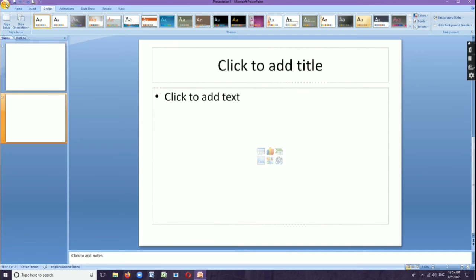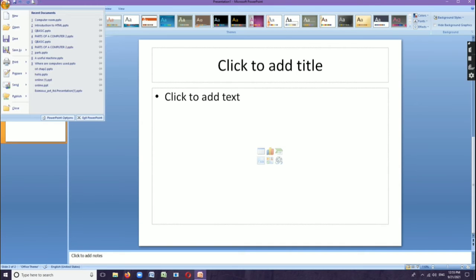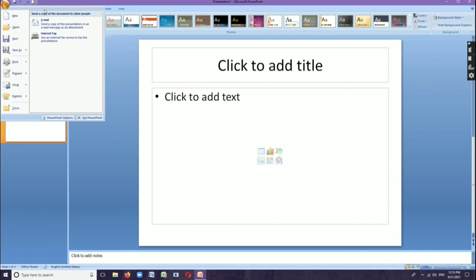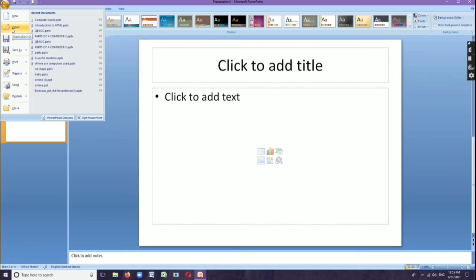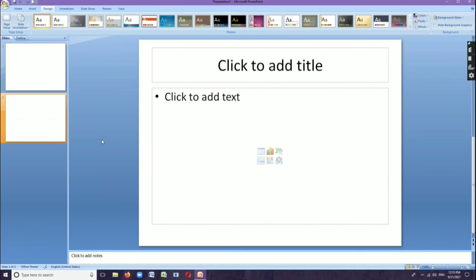Next, we are going to discuss the File tab. The File tab is on the left side of the ribbon. When you click on the File tab, we can see the Backstage view. This is the place where you find the options for creating, saving and printing files. Here we can see the New option, Open option, Save, Save As, Print, Send To, Close, Exit. Lots of options are here. So this is called the File tab, which is located in the top left corner of the window.